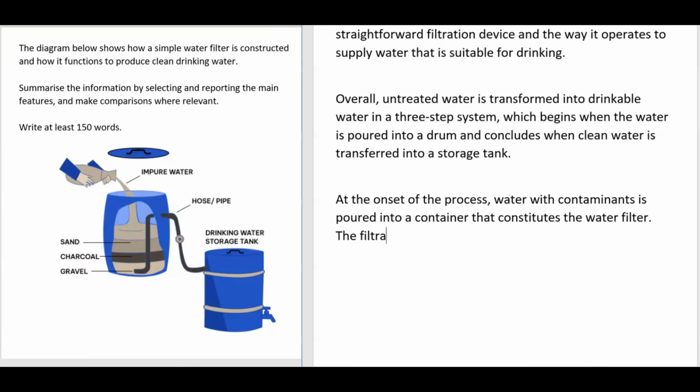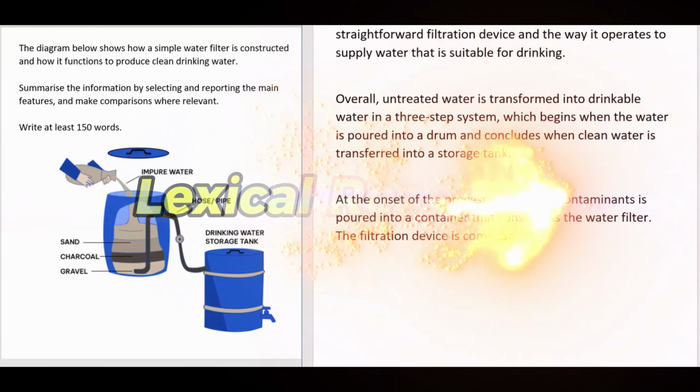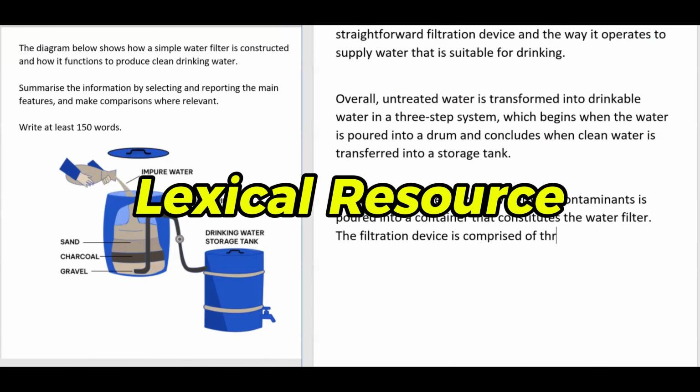The filtration device or the filtration system is, I could write made up of, but then again, it's such a simple expression. So can I write something more sophisticated? Maybe comprised. The filtration device is comprised of